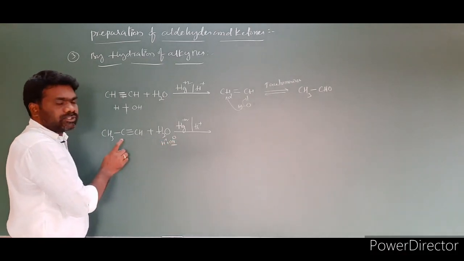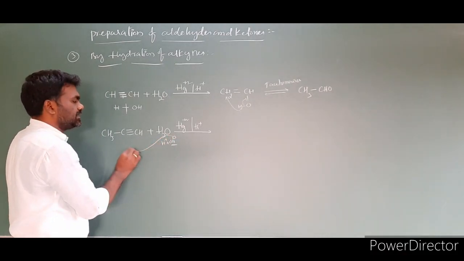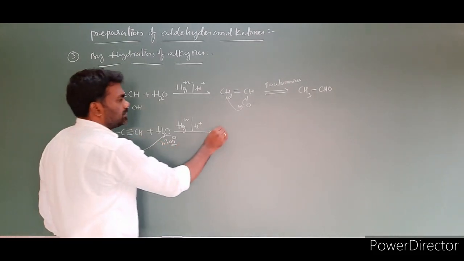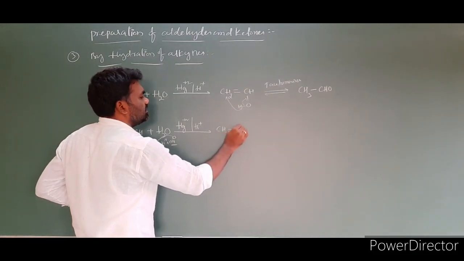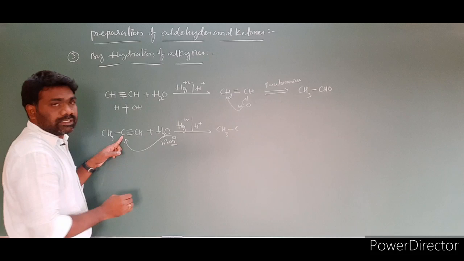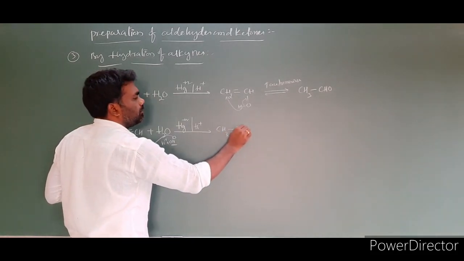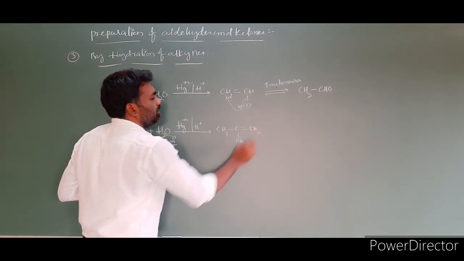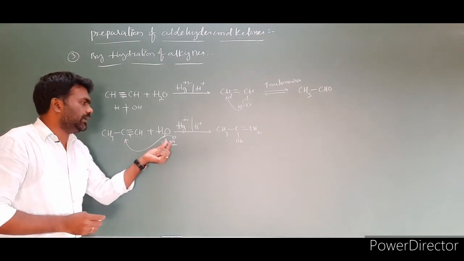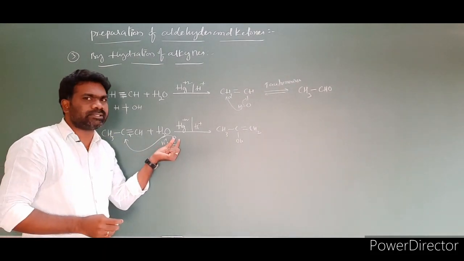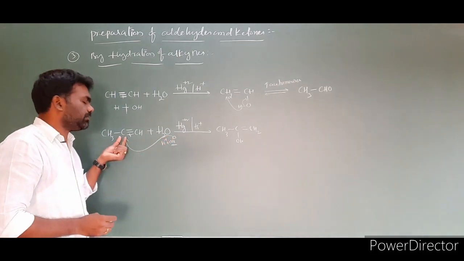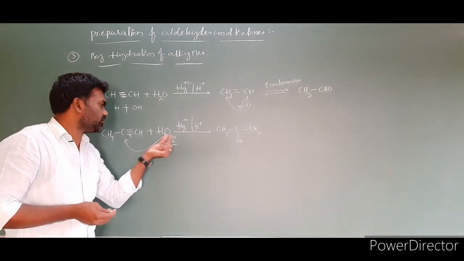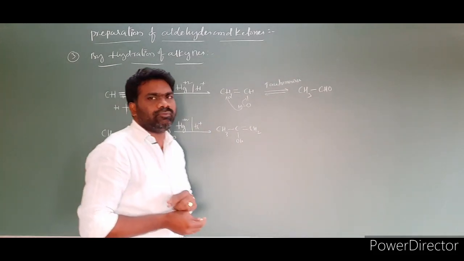So the negative part will be attached to the carbon which possesses less number of hydrogens. This carbon has fewer hydrogens, then hydrogen is attached to this one. Then what is the product we expect? CH3, C, and the OH group attaching to this carbon, the negative part, OH, double bond, one bond you are breaking, then H is attaching to this one, CH2. This product is according to the Markovnikov rule. The negative part of the reagent, OH minus, gets attached to the carbon which possesses fewer hydrogens. This middle carbon does not have any hydrogen, so the OH group is attaching to this carbon. This is the product we can expect.